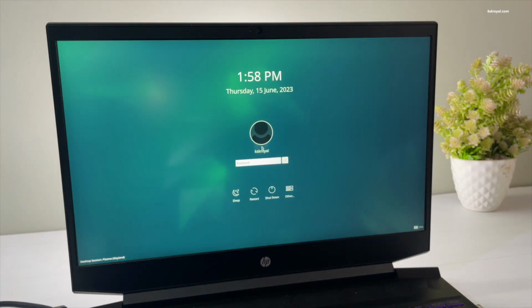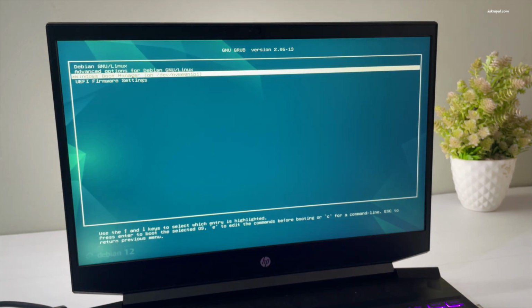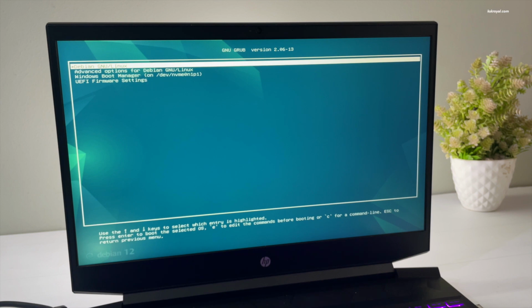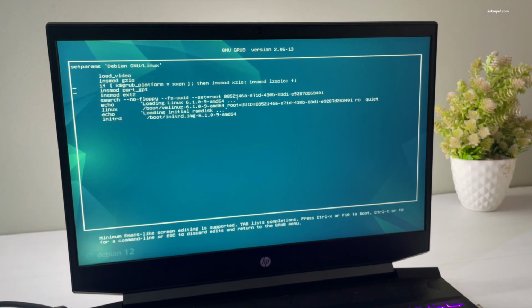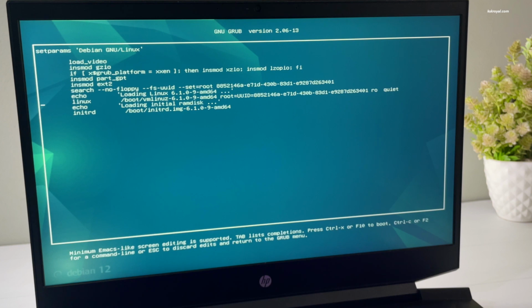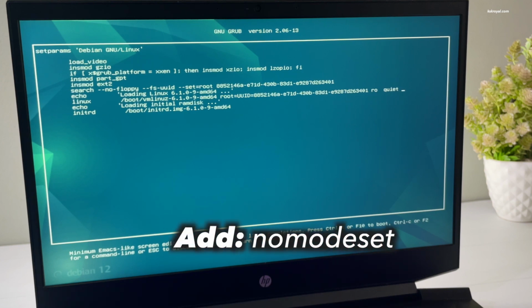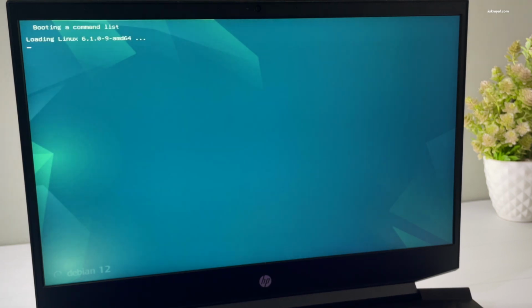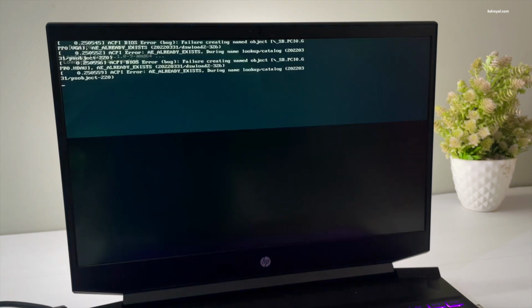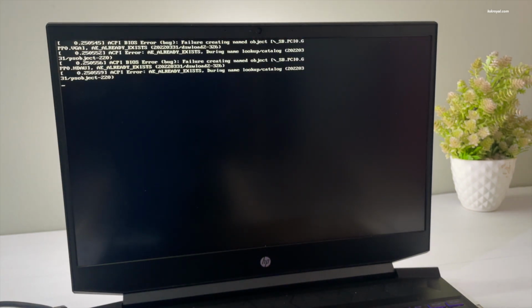Keep in mind, on some laptops that have Radeon graphics and NVIDIA graphic cards, you may notice a boot loop. To fix that issue, restart your PC. Then from the boot menu, highlight the first option and press the letter E on your keyboard. Now this will take you to the editor mode. Look for the Linux option and go to the end of this line and add this new argument. Now once it's done, press F10 or Ctrl+X to boot Debian Linux without using GPU.